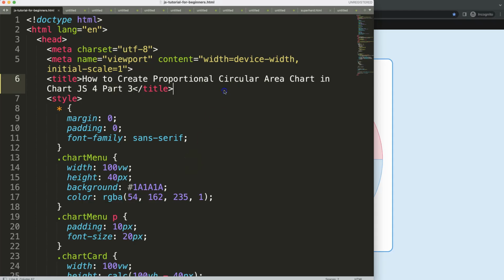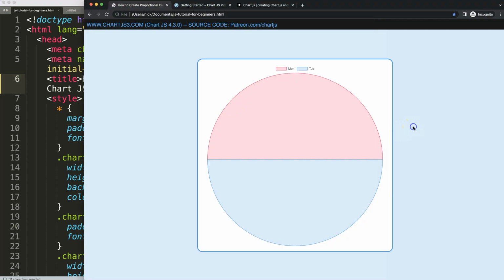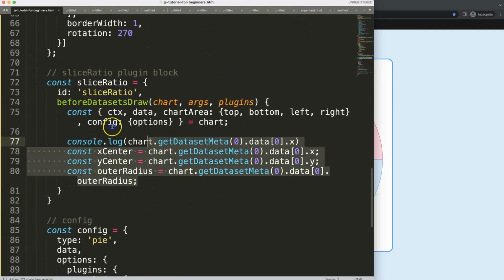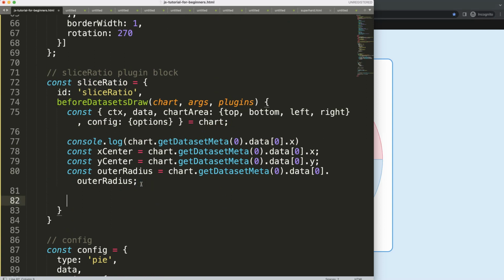In part 3 of how to create a proportional circular area chart, we're going to start to play around with the outer radius and change the size of it. So I'm going to scroll down into the plugin, and that's basically the part where we need to go. And what I want to do is, well, let me just show you an example. So we're going to grab one of these,